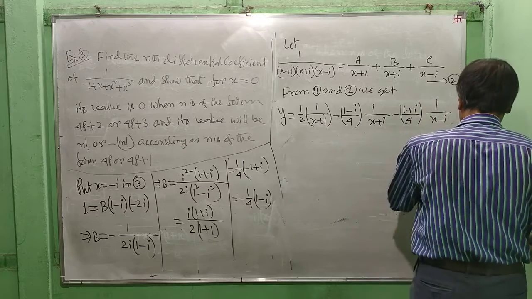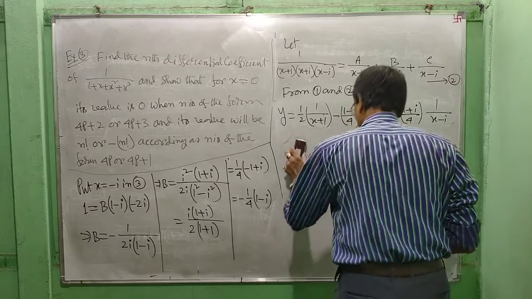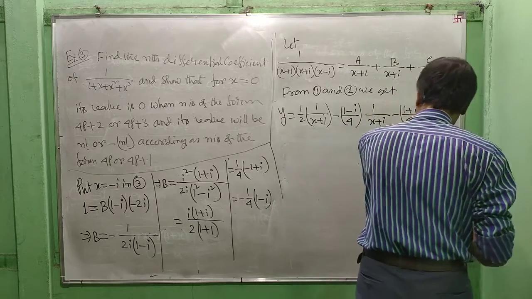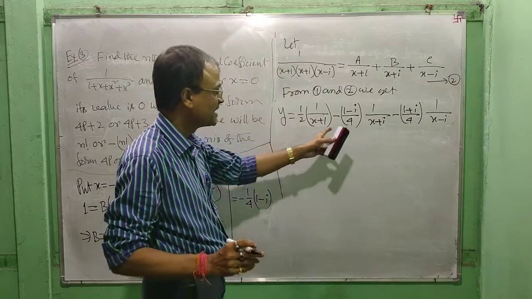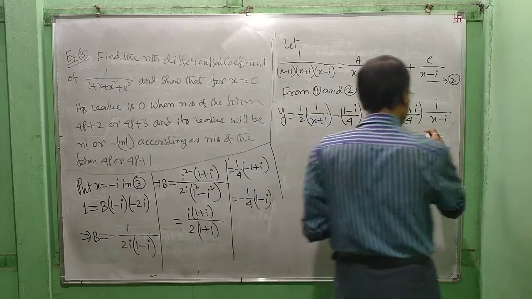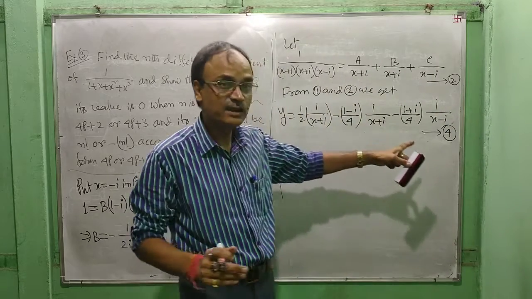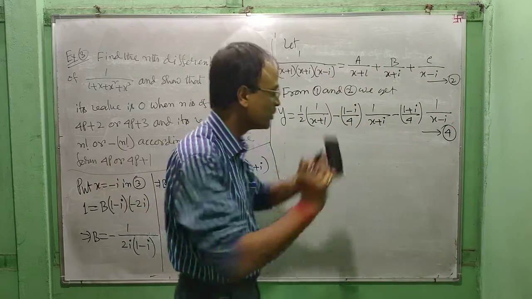We have got the partial fractions. We have dissolved into partial fractions. Now we can differentiate this n times easily. Now suppose this is number 4. Now differentiating 4 n times we get,